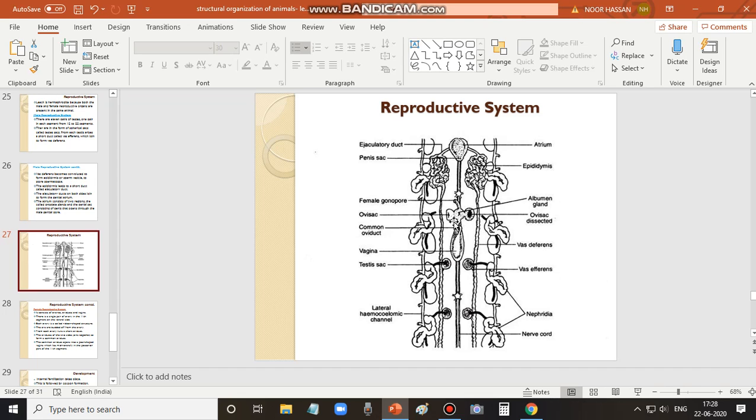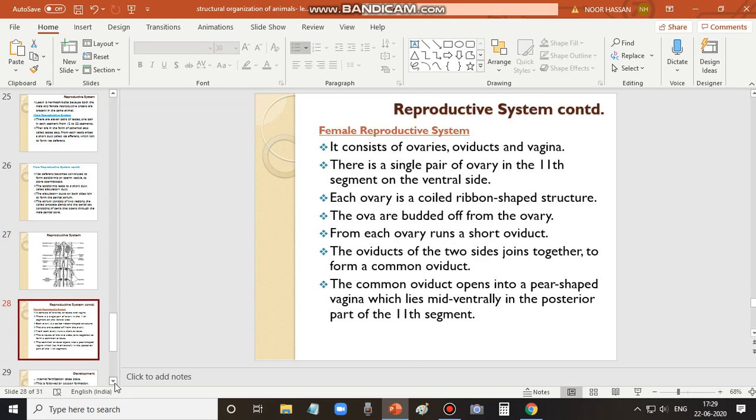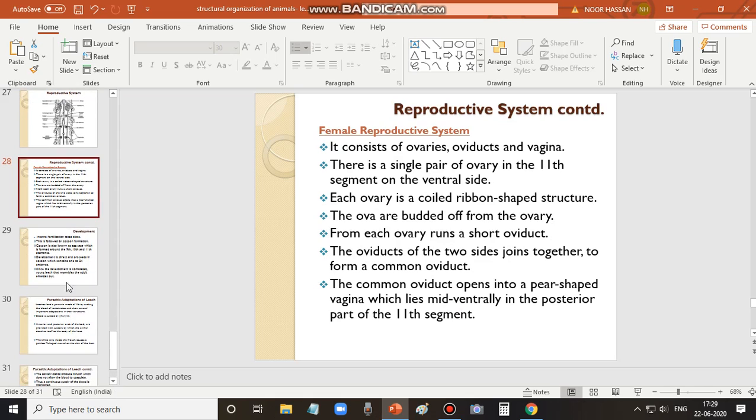From each ovary arises a small duct called oviduct, and the oviducts from the right and left ovaries unite to form a common oviduct that opens into this pear shaped structure called vagina. The vagina opens outside through the female genital pore. So this is what I have discussed already, and we shall now move on to